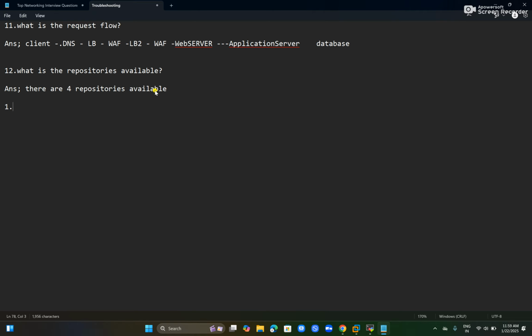Okay, first one is local OS. Okay, second one is federated repository, and third one standard LDAP registry. Fourth one custom registry. Okay,